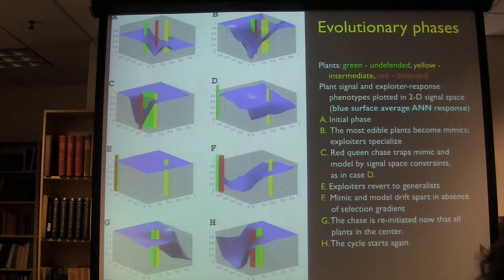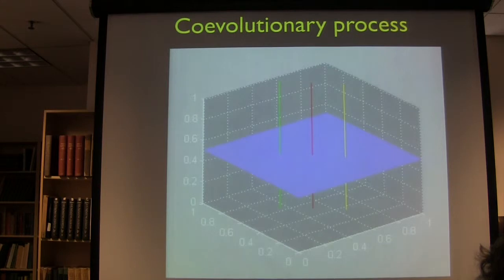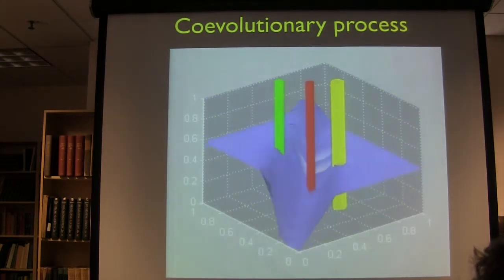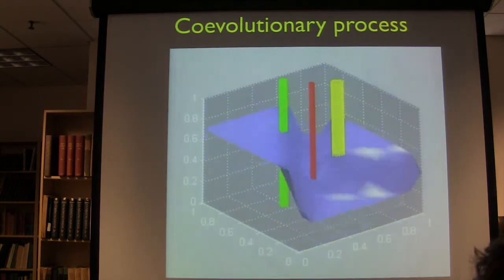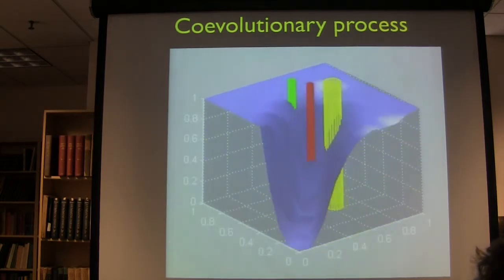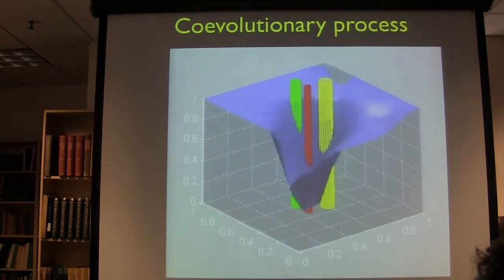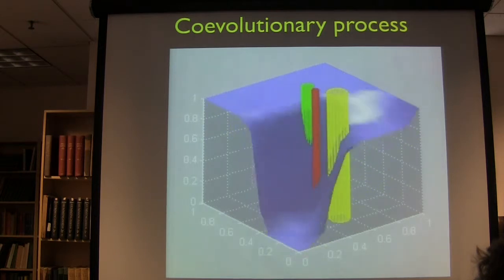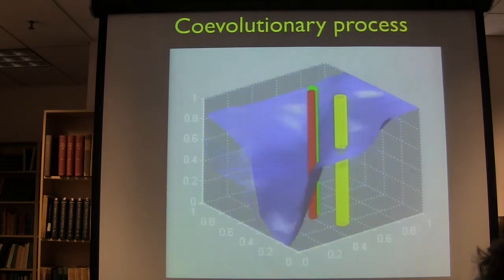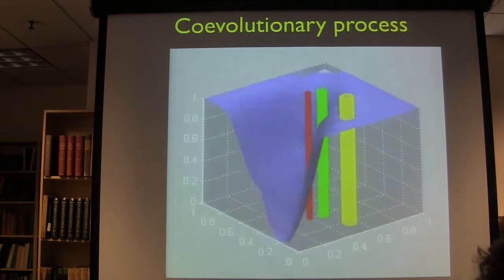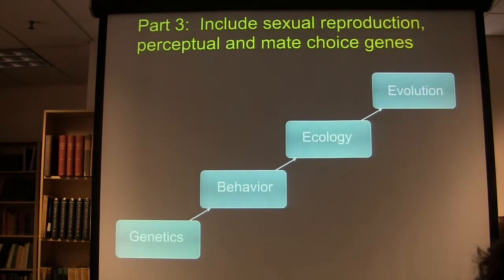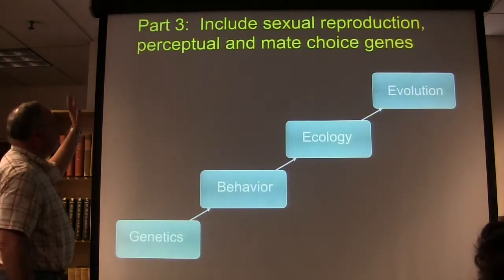And so what I've described to you is actually running our model and seeing what happens. So this is a lot of fun, but an enormous amount of work. This is basically two-thirds of a PhD thesis doing all this stuff. And all of the phases I described for you, you'll see evolve. And what happens is that this is a cyclic process, and so it cycles around and no equilibrium occurs.